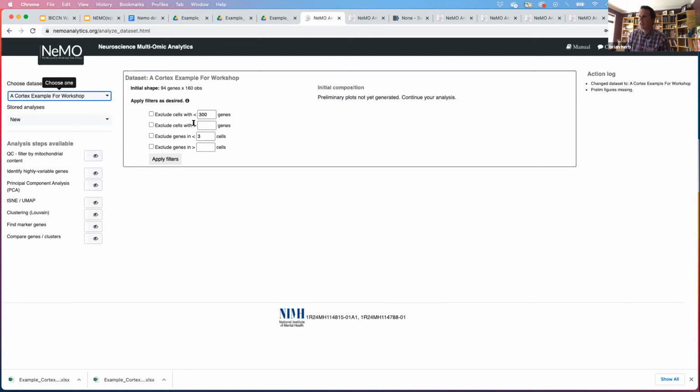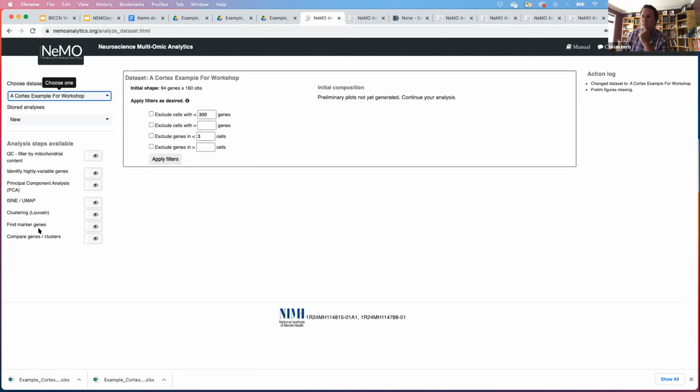I know that kind of sounds odd, but these might be indications of doublets, where it's just more genes detected than you would expect. You can also filter based on the genes themselves. So if you find the genes are only expressed in a handful of cells, perhaps that's spurious. If they're expressed in many, then that might also throw off the analysis. So you might want to filter these down.